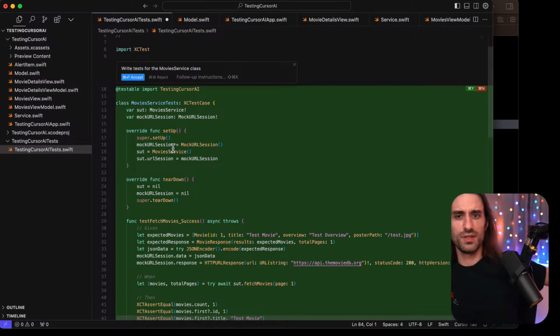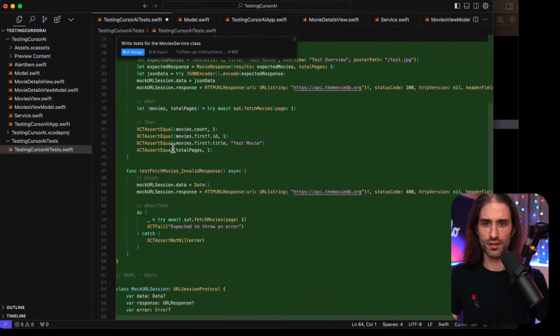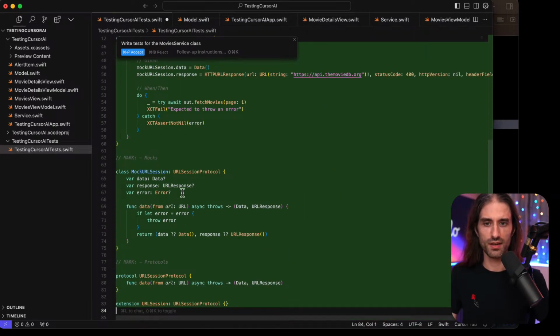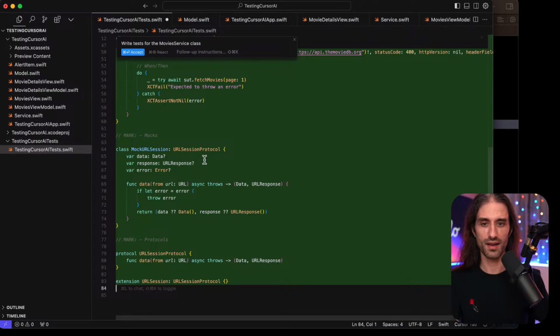I'm curious to see how this mock URL session works. So it's here. Oh, it uses URL session protocol under the hood. I did a video on URL, no, it was on URL protocol, not URL session protocol. But the idea is to be able to implement your own mock URL session like that.